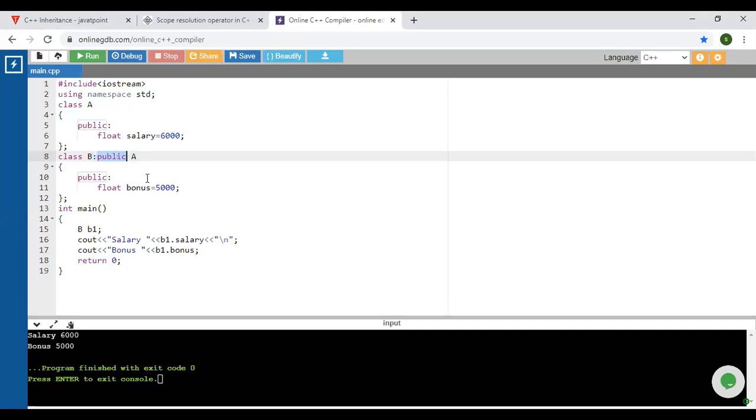It means in which manner you have to add that data member into this class B, either private or public. Public means this salary can be accessed from class B by anyone elsewhere. So that's why we have mentioned public, and class A is the class we are going to inherit inside the class B. Now inside this class B,